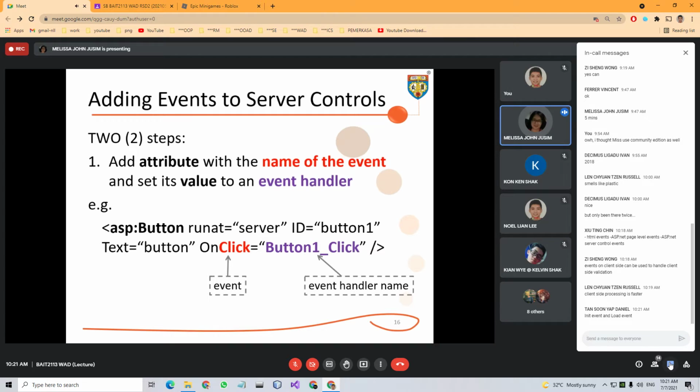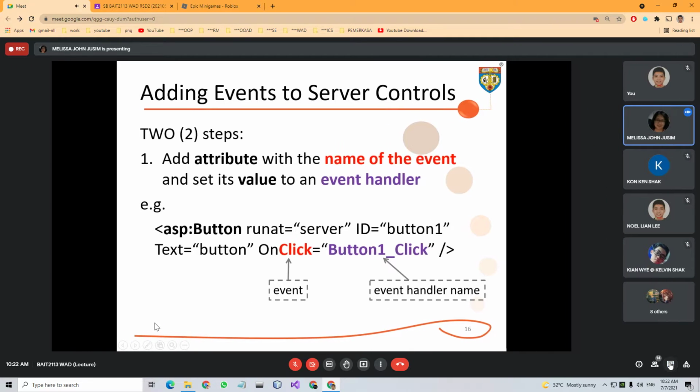Question number two refers to question number one. We have three main groups. So which one are handled by the server? Definitely not even HTML events, but the ASP page event and also ASP.NET server control events. So that's the answer. Okay, now let me continue.